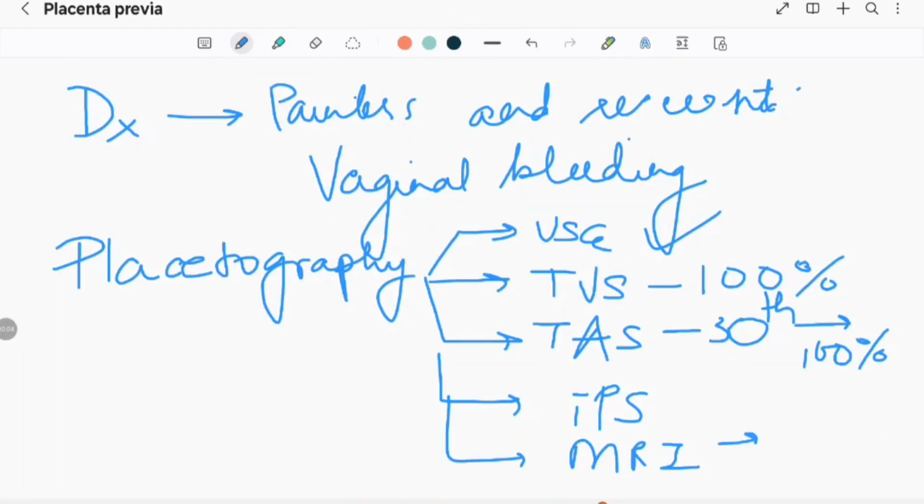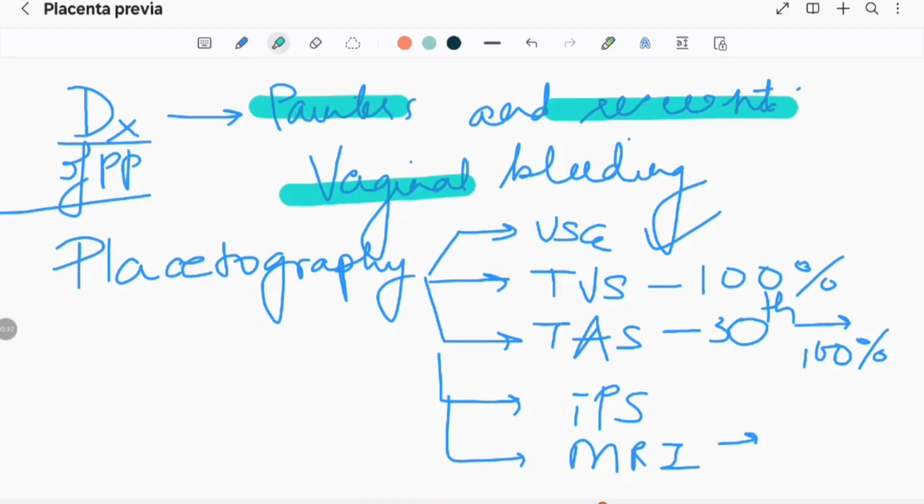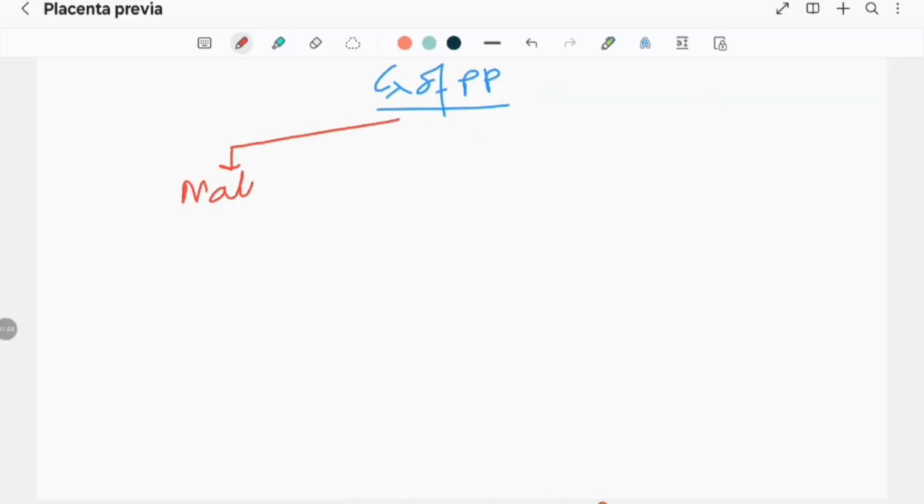Okay, so for the diagnosis of placenta previa, there is painless and recurrent vaginal bleeding, and for the diagnosis again we need sonography. So in sonography we have the